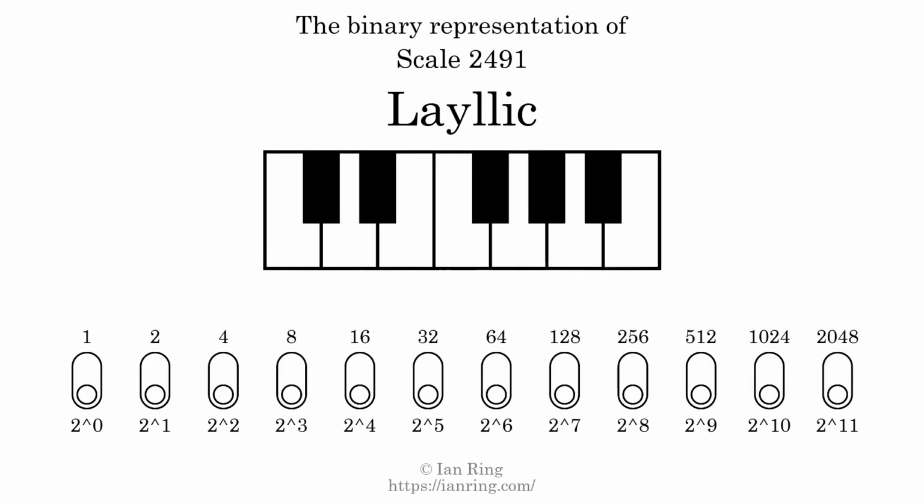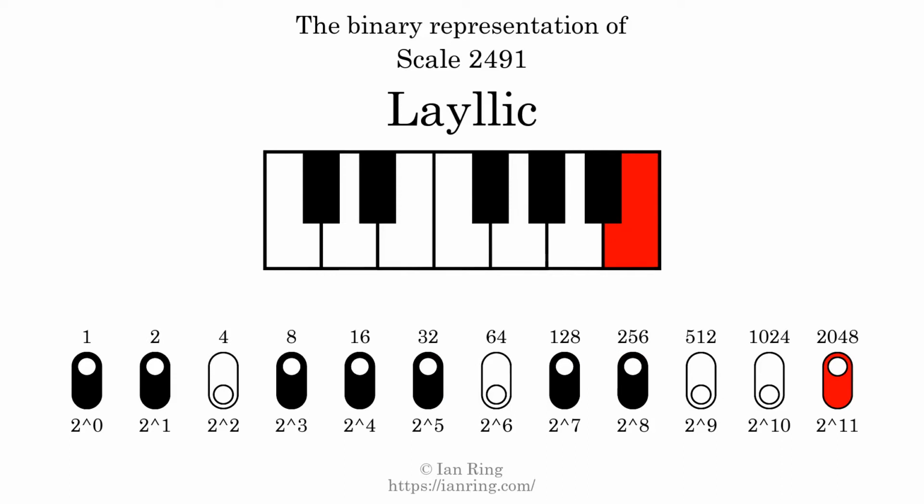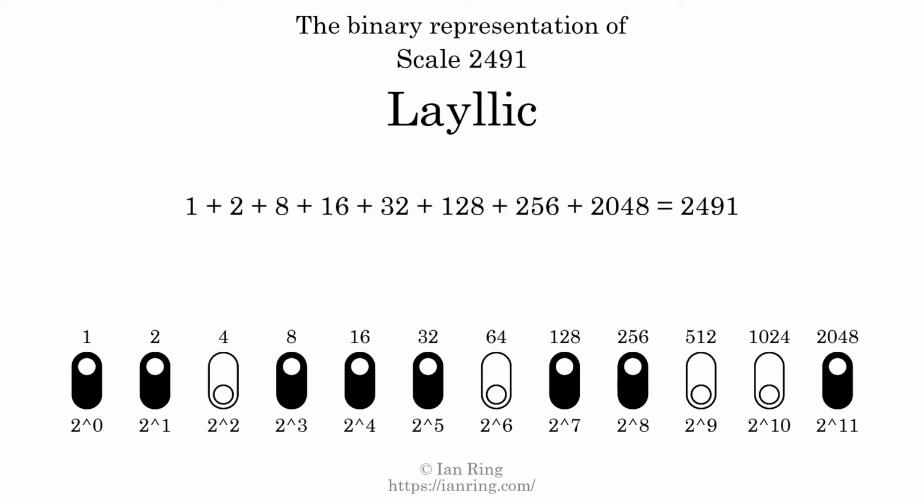The binary representation of this scale is determined by mapping tones of the scale to binary digits. Each binary digit represents a power of 2. To get the scale number, we add the powers of 2 together. The powers of 2 that are present in the scale, all added together, equals 2491. That is why the scale number, in decimal, is